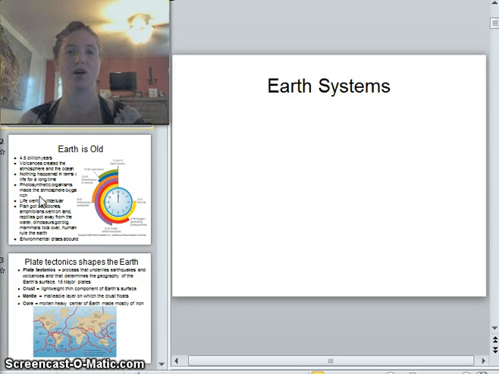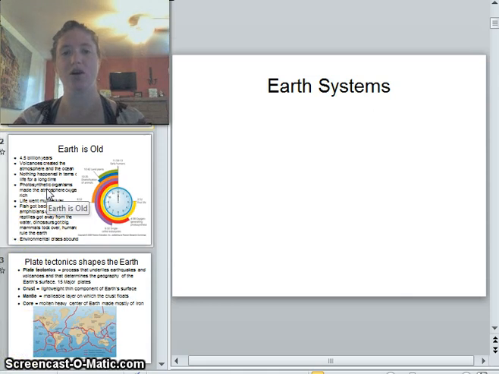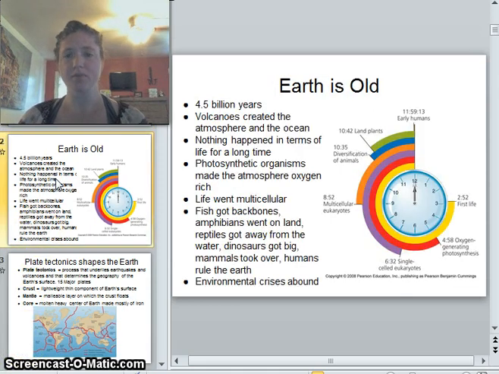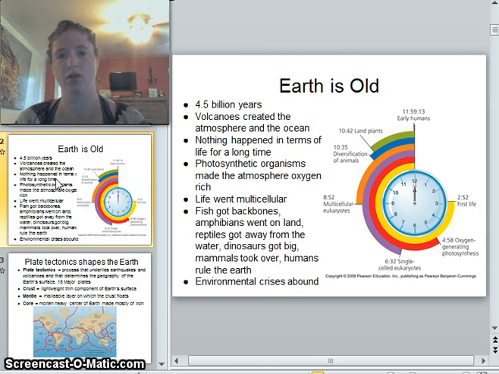So where we want to start is how is the Earth actually situated? What are its parts? What's its history? So to start off with, the Earth is really, really, really old. It's about 4.5 billion years old. As the volcanism, and when it was a molten ball of rock and other elements 4.5 billion years ago